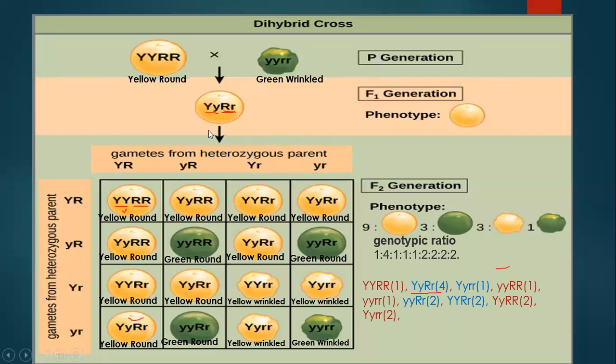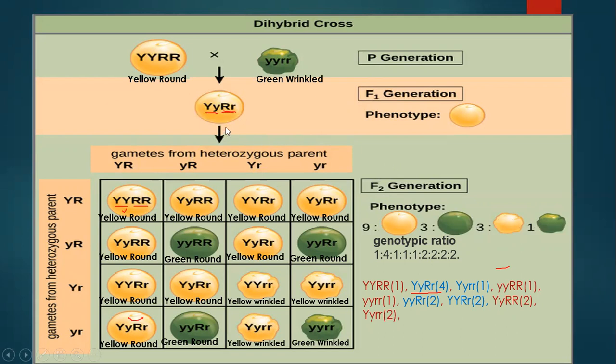So when two pairs of traits are combined in a hybrid, if the first trait is hybrid and the second trait is also hybrid, then the gametes will have equal ratio. That means the alleles of the second trait get equal opportunity to move with either of the alleles of the first. So they separate from each other, and thus there can be formation of four gametes. And if there is formation of four gametes, then the ratio will be